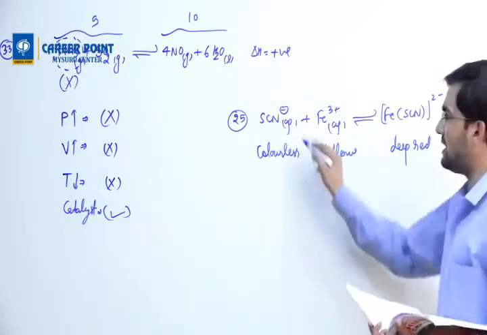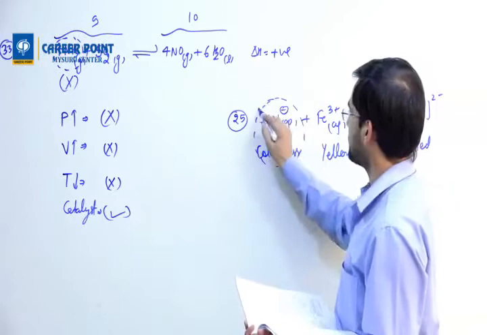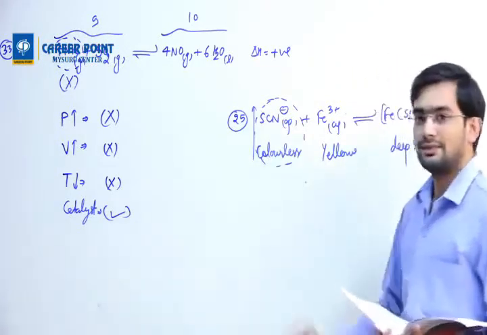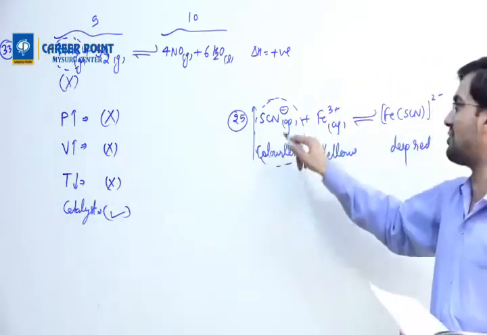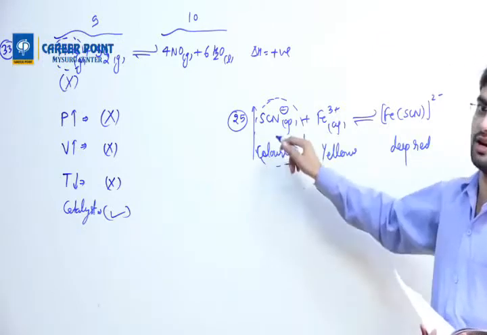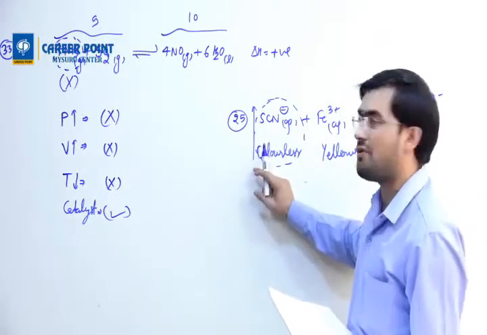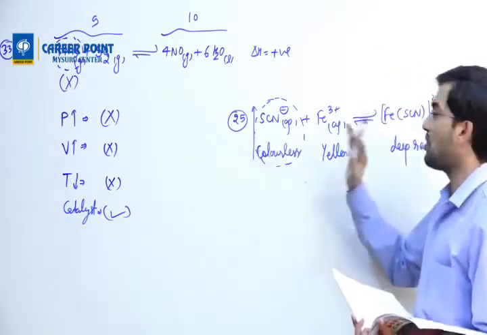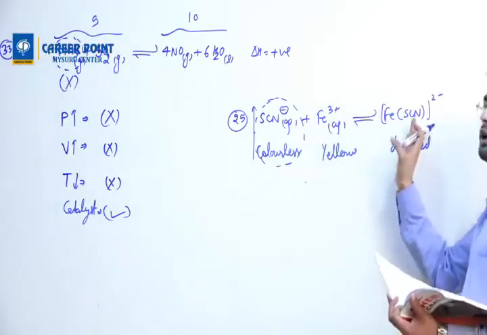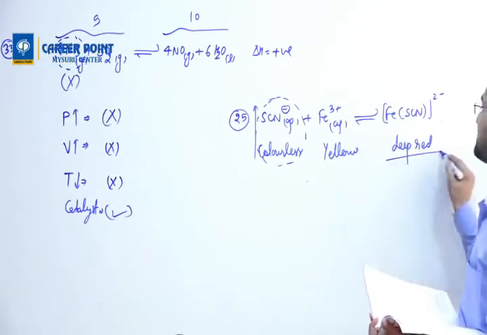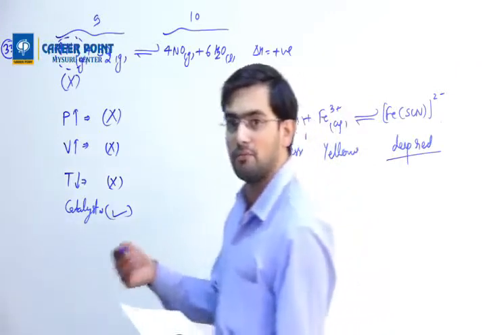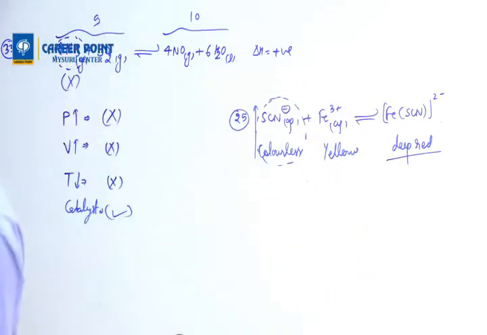Now the point here is they are increasing this concentration. This is not solid or liquid, this is aqueous. Aqueous is a mixture, right? So it has molarity, its activity is not one, and that comes into the picture. On increasing the concentration of a reactant, the reaction goes forward, which means more product will form. If more product forms, the deep red color will be formed more. So the solution will become a deeper red color. Any other doubt out of these two?